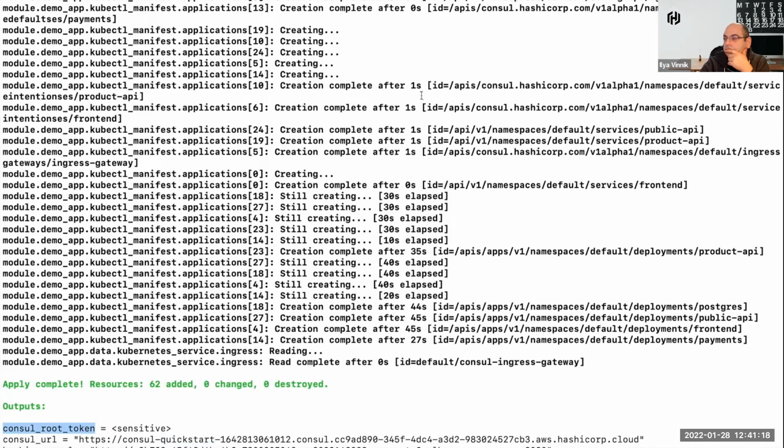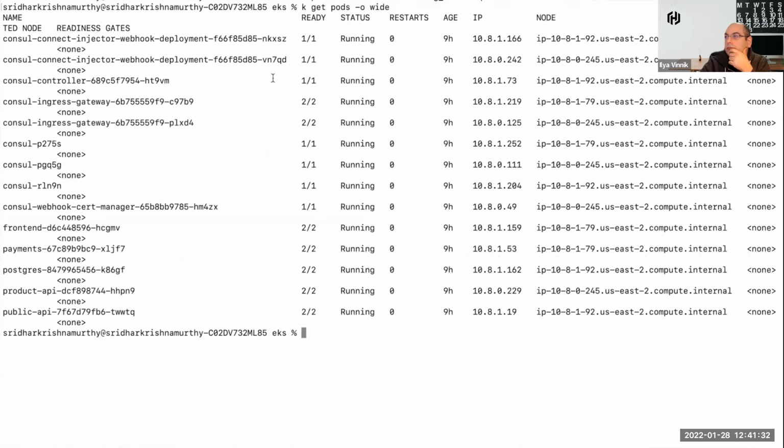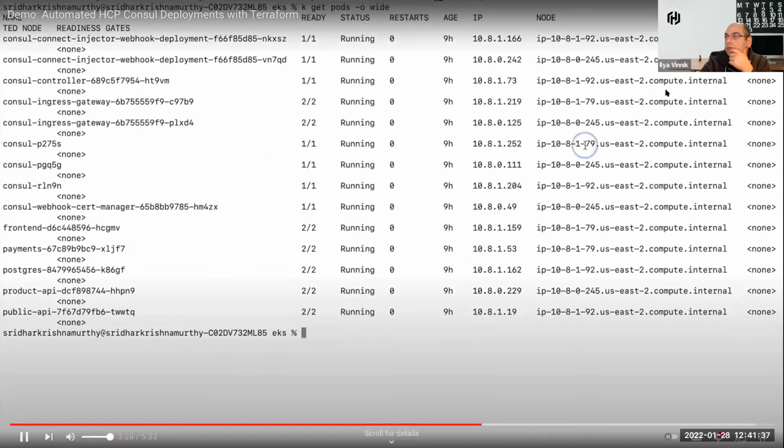Let's look at the pods created in EKS. First, I set the kubeconfig to point to the current cluster. And then, as we can see, there are 3 Consul clients deployed in 3 nodes.